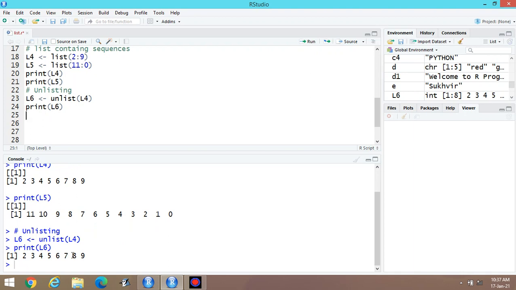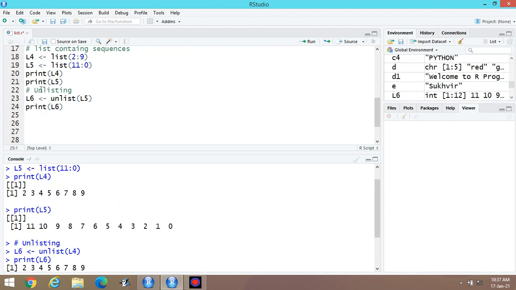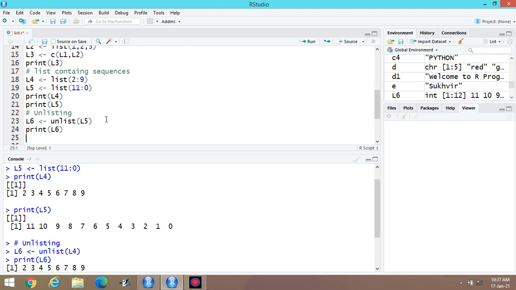Two, three, four, 5. These are the elements without listing. Suppose I am writing L5 here. You can display the data accordingly. These are the elements without listing, and these are the elements with listing. Now, what is the difference between listing and without listing? List are the elements in sequence, and without listing elements can be in another order.